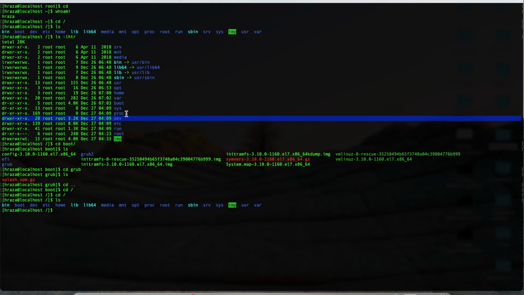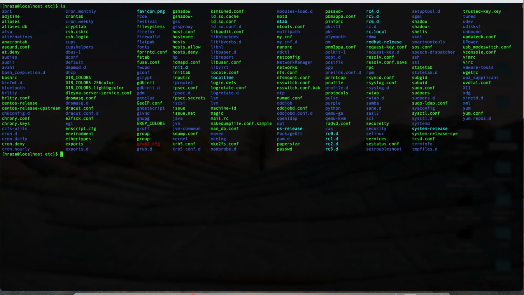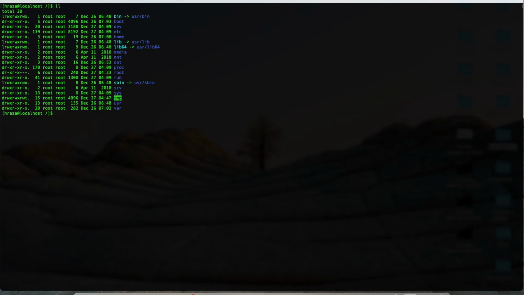A very important one is the etc. If we go to etc and clear the screen quickly, you can see a lot of configuration files there. So it's basically the configuration directory, and there are a lot of configuration files. For example, if you install a web server, the configuration files would be in the etc directory. So if we go back to the root again, and you can see